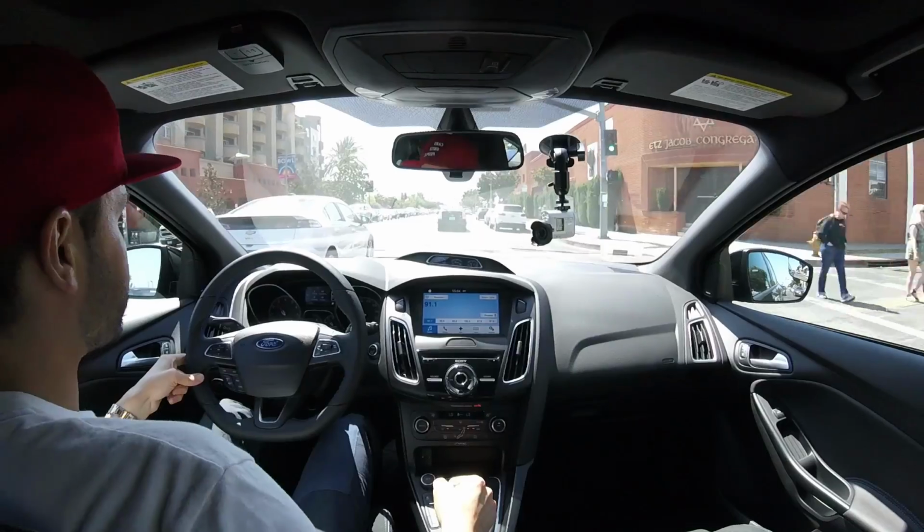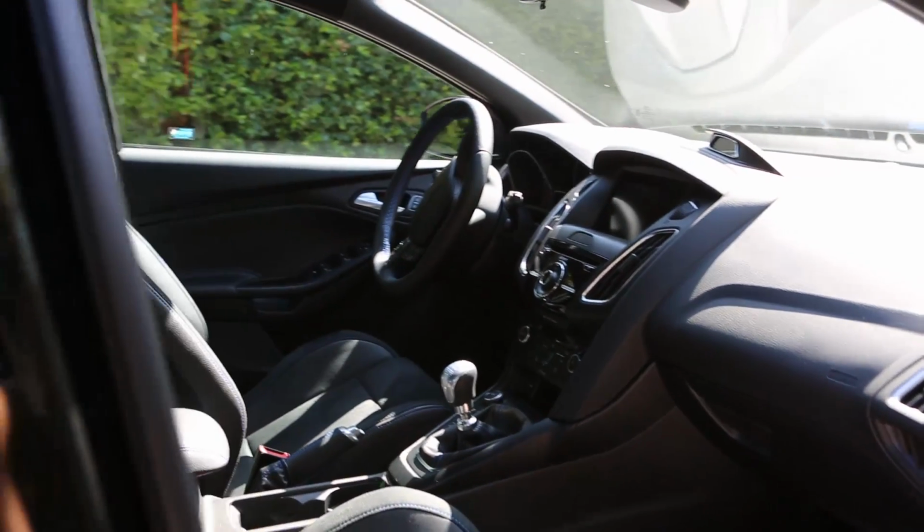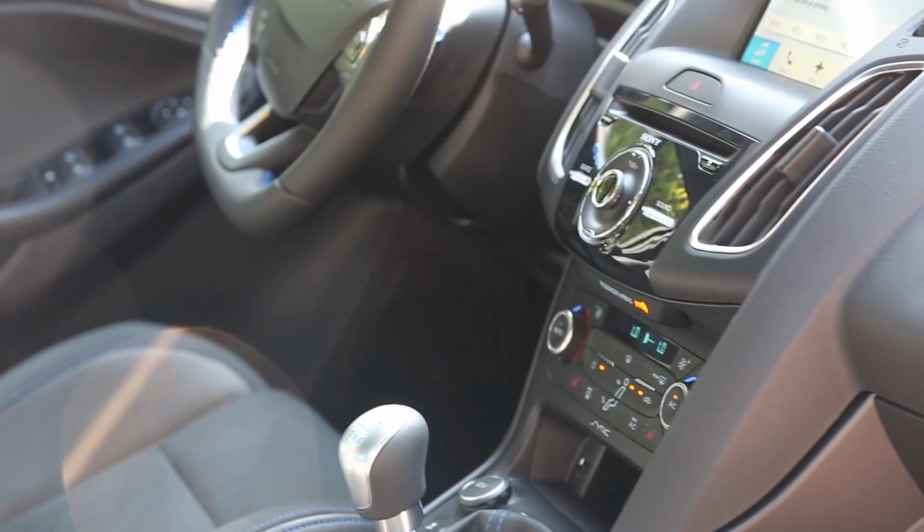But here's the question. Is the package that Ford's selling you as advertised, or is it going to underperform? And I want to say that it's as advertised. I want to give you guys a simple yes, and I'm going to tell you my favorite things about the car right now after driving it a lot, not just in the city, but putting some miles on it. Number one, and this was my first surprise, the interior design. I don't know what I was expecting, to be honest with you, out of this one, but just all the